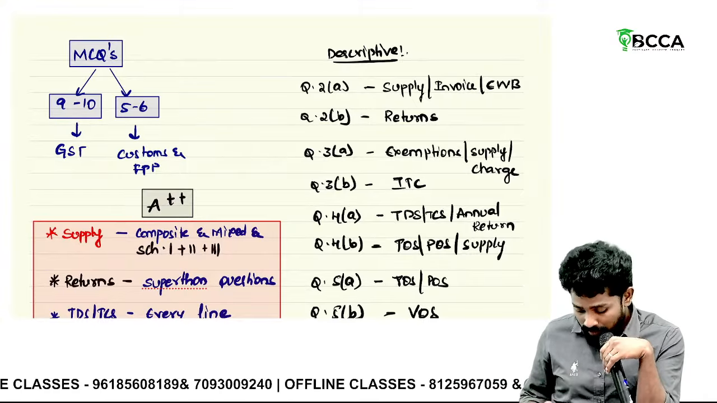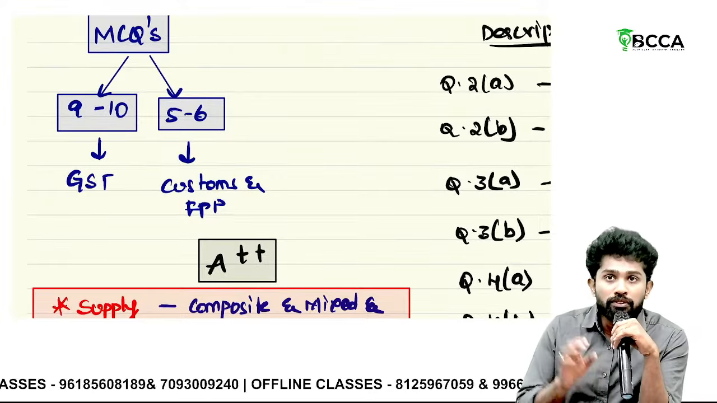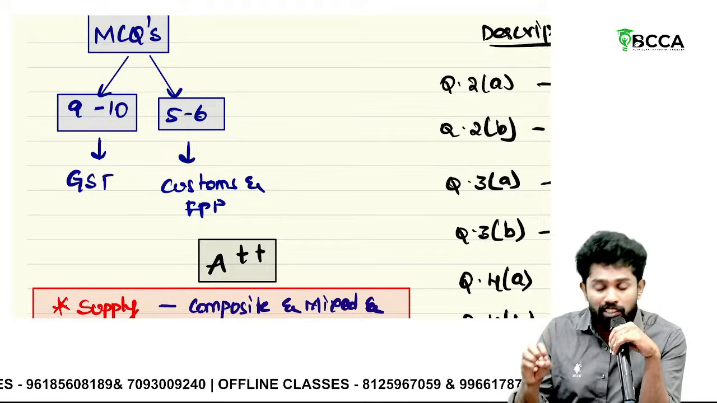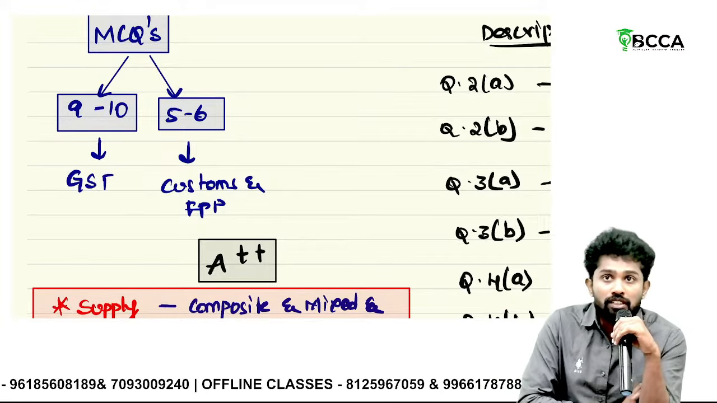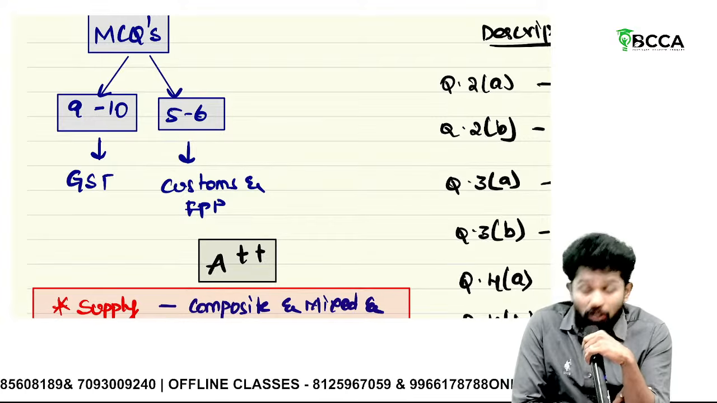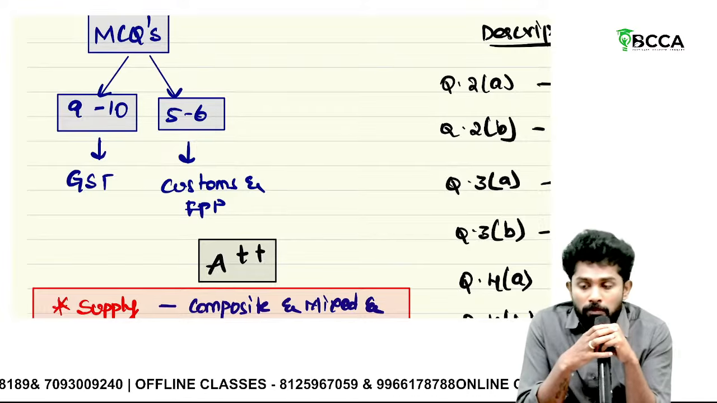To finish things quickly, first of all, we'll start with MCQs. Out of 15 MCQs, 9 to 10 are coming from GST, and 5 to 6 are coming from customs and FTP. Now, coming to these MCQs, just like for every subject, we are releasing this